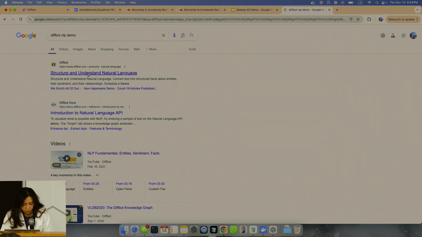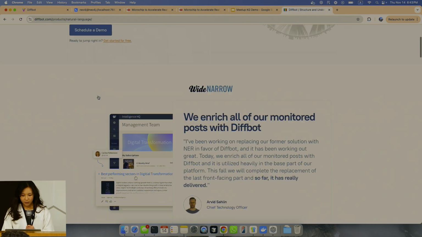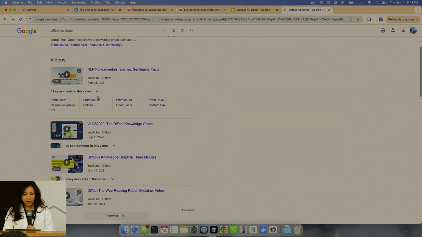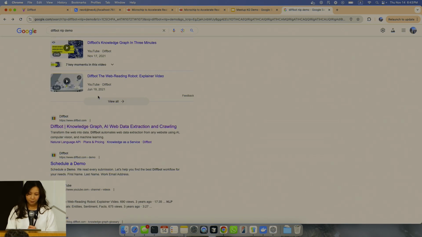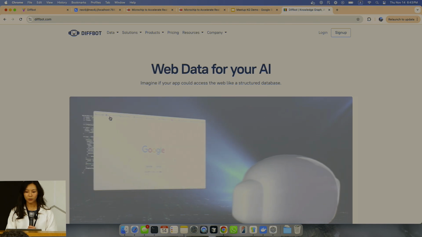I want to do this interactively, so anyone could volunteer a paragraph, any type of paragraph you have, and we're going to do real time knowledge graph construction.